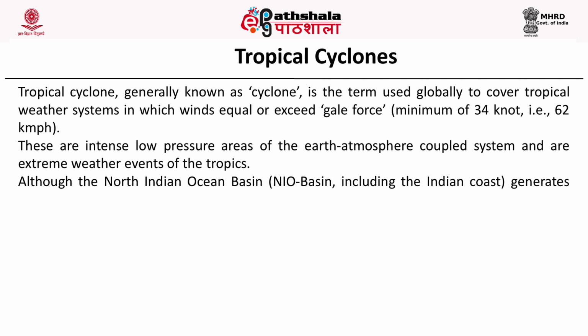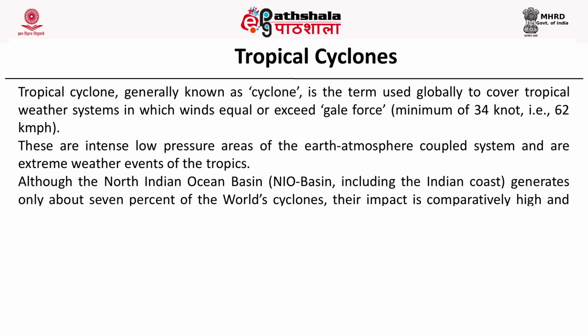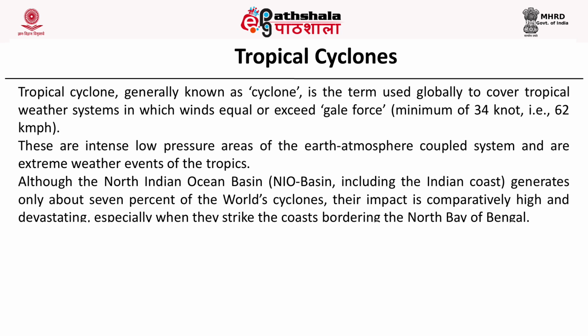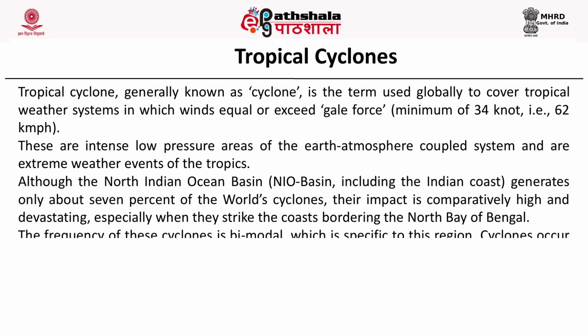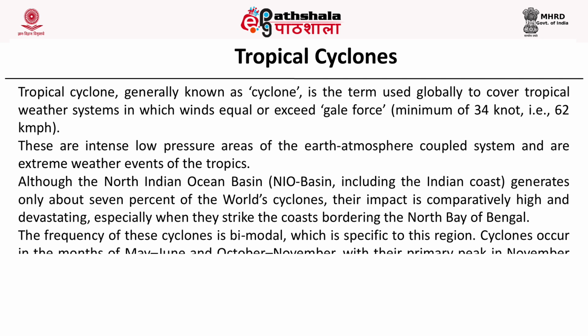Further, these are intense low pressure areas of the earth atmosphere coupled system and are extreme weather events of the tropics. Although the North Indian Ocean Basin, which we also call the NIO Basin, including the Indian coast, generates only about 7% of the world's cyclones,